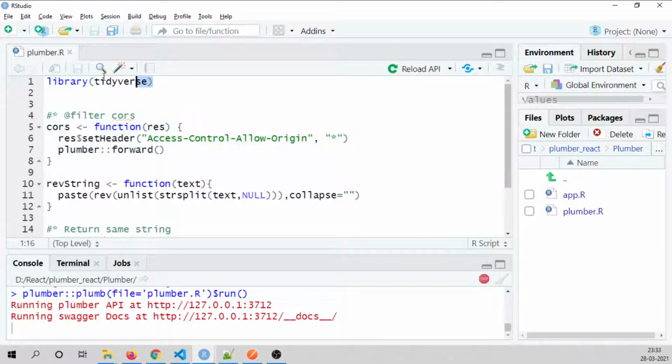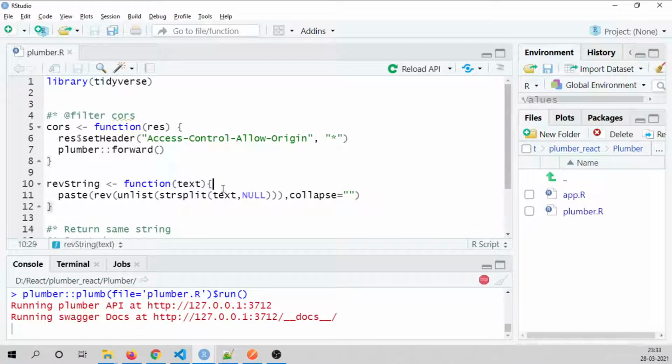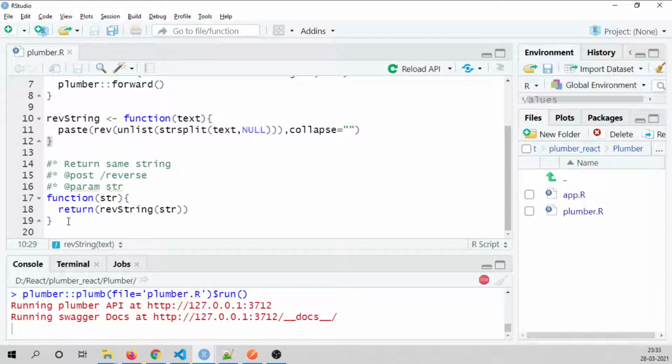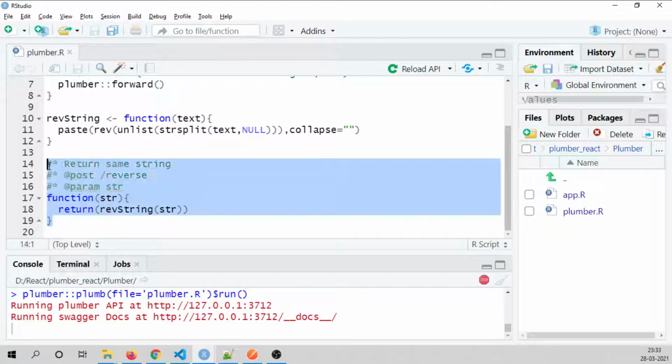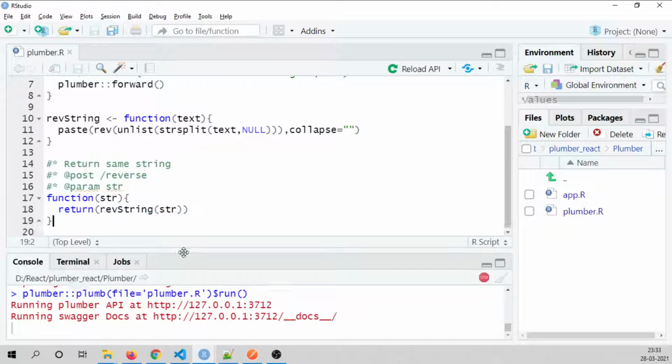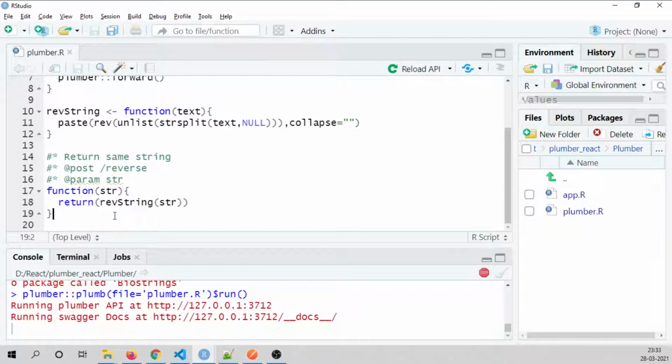And this is the library that we are loading. As I already told you, this is not a very basic tutorial, because you have to have some familiarity with React, R, and Postman. So let's test our API in Postman itself. And if Postman clarifies that this API is working, then we are going to integrate this in the React application.